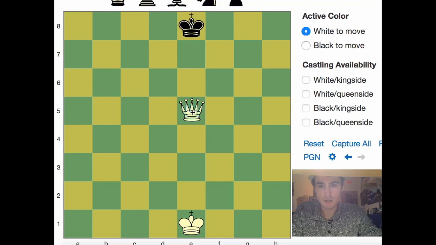Last but not least, the queen is the most powerful piece in the game. That's why it's worth 9 points. It can move diagonally, horizontally, and vertically. It covers the most squares of any piece in the game. That's why it's the most important piece to try to hang on to and to